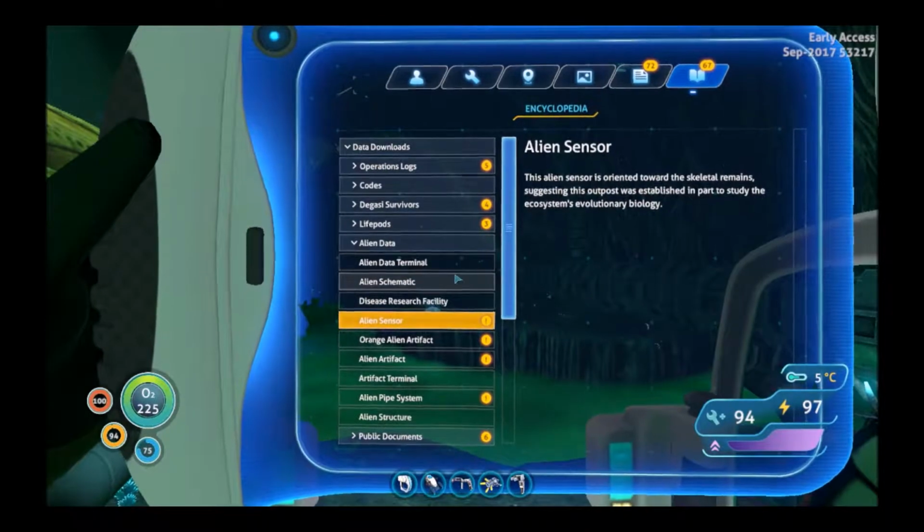Alien sensor. This alien sensor is oriented towards the skeletal remains, suggesting this outpost was established in part to study